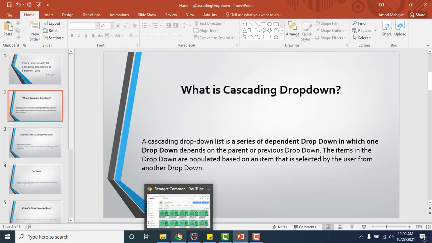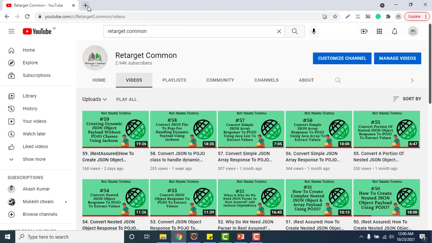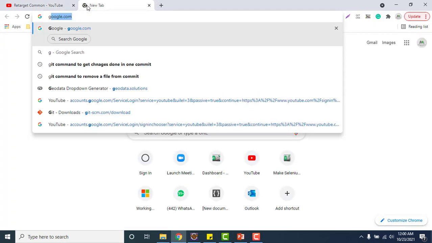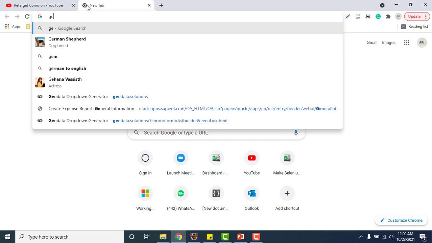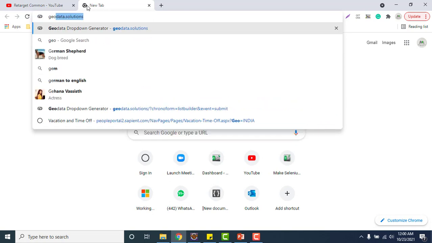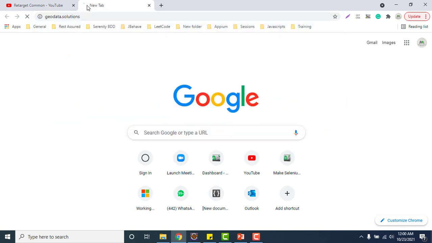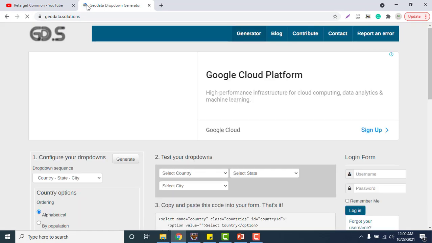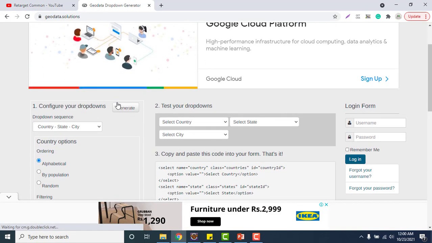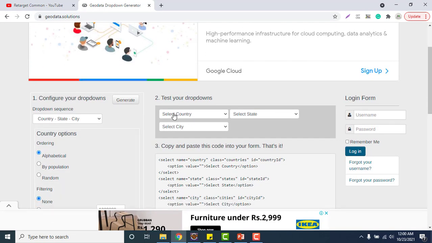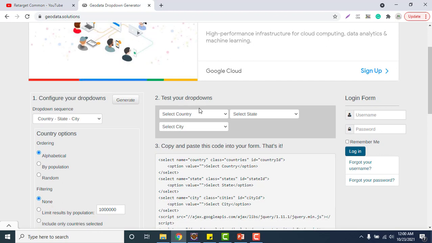Let me go to Chrome and open a site called geodata.solutions. If you go here and scroll down, you see test drop downs. You can see we have three drop downs: country, state and city.